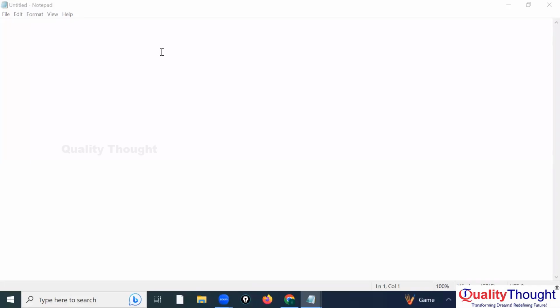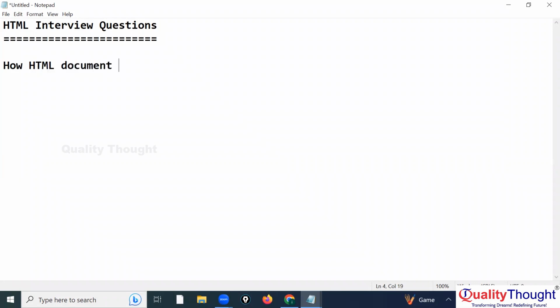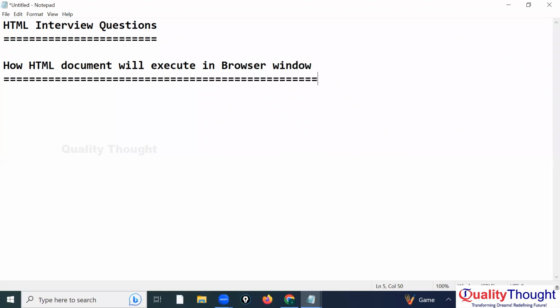So see here, today what we need to do. Today we need to start with what here? HTML interview questions. First we will focus on HTML interview questions. And after completion of HTML interview questions, we will see how HTML document will execute in browser window. We need to see how our HTML document is executing in browser window. And after that, even we need